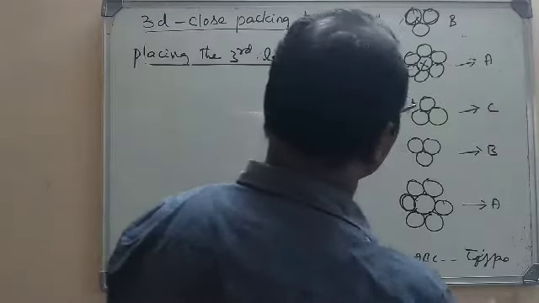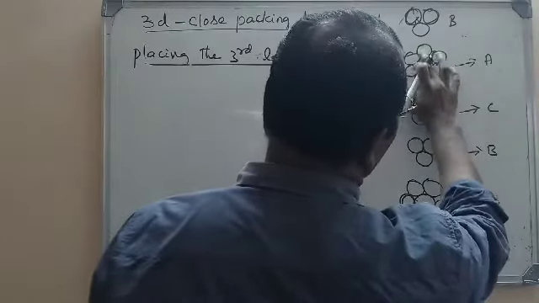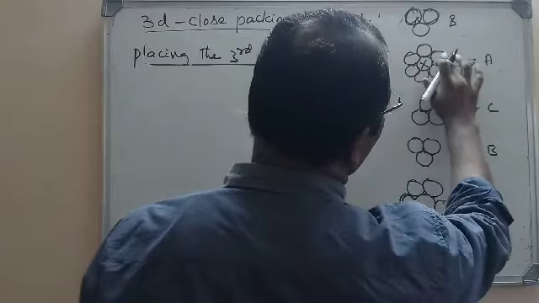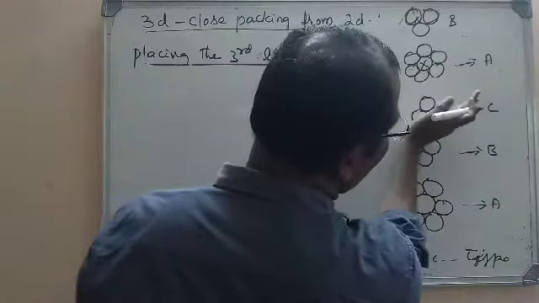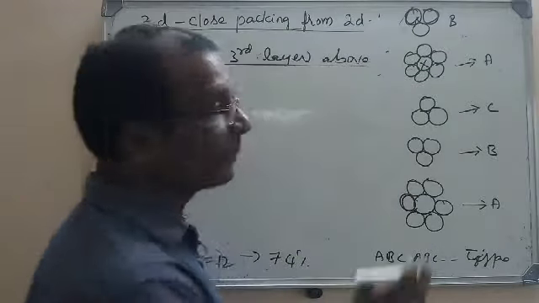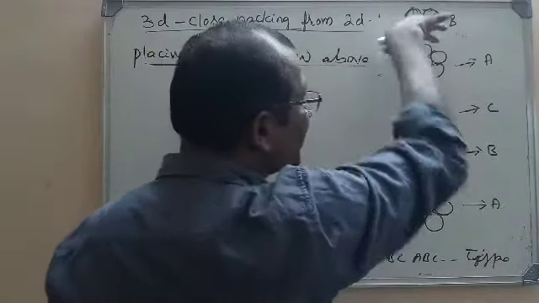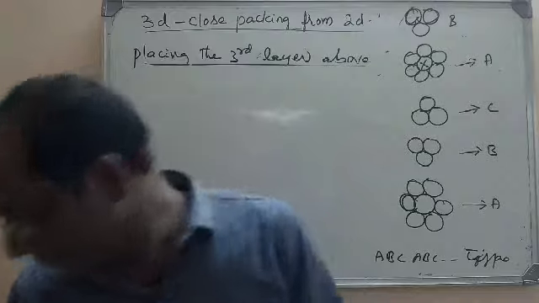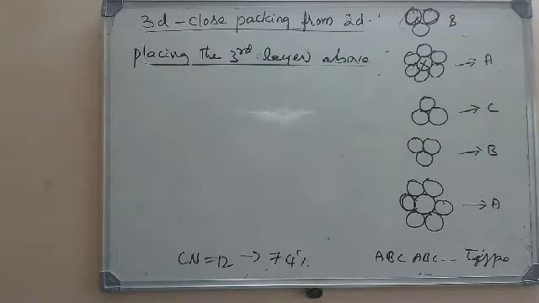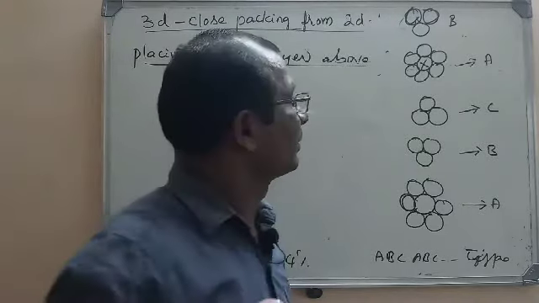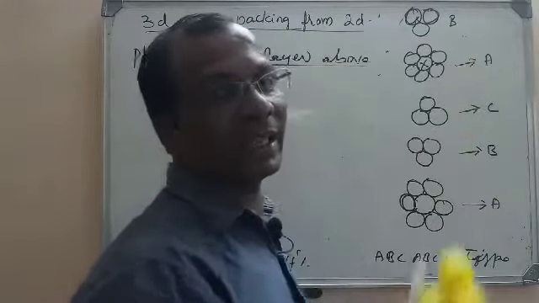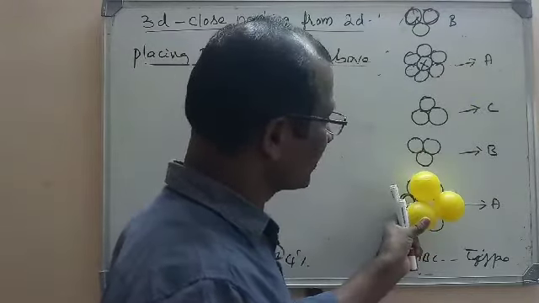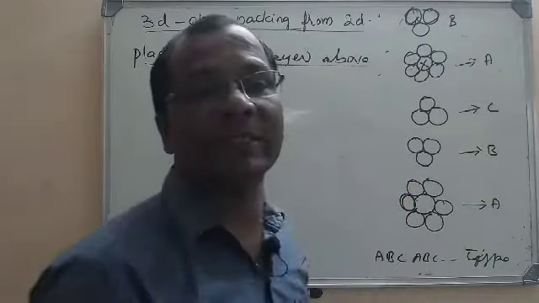So what we can see here, this X is in contact with 6 spheres of the same layer, and 3 spheres from the bottom layer. These 3 spheres will be in contact from the bottom layer, and 3 spheres will be from the layer above. Look here, 2 sets here. So from the upper layer 3 spheres, from the bottom layer also 3 spheres here. Above it 3 spheres, below it there will be 3 spheres.